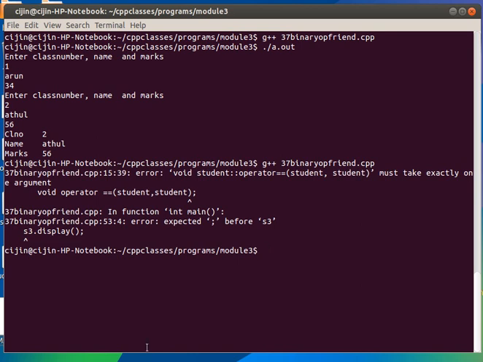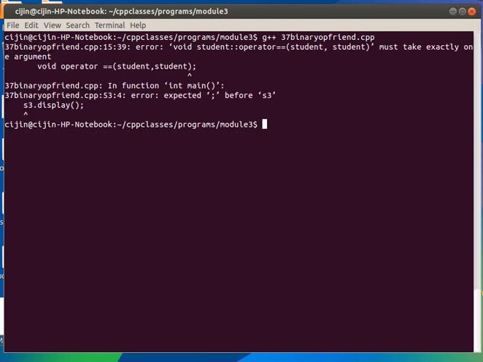Some error is there, we will see what it is. Okay, one is a missing semicolon and the other is showing as void operator equal to must take exactly one argument. Okay, we are defining a normal function, not a member function.